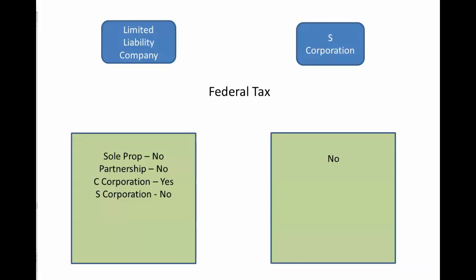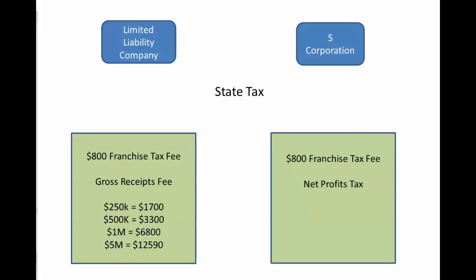On the other hand, if you select the S corporation, there is no federal tax. It all passes through to the individual shareholder's tax return. How about estate tax? Here in the state of California, both entities are going to face the $800 minimum franchise